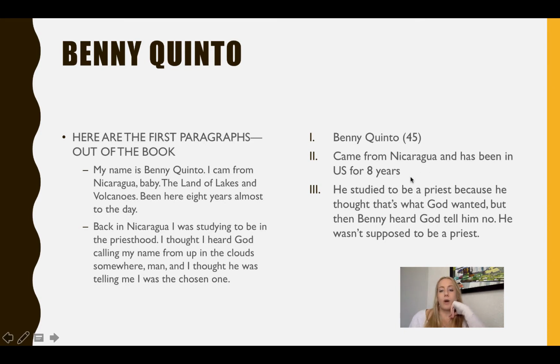Major point from paragraph 1 is that he came from Nicaragua and has been in the US for 8 years. Super important information. It helps us know who he is and also how long he's been here, especially as he interacts with other families that are in the apartments, especially the Riveras who are new, right? Is he a person we can trust who knows the ins and outs of the U.S., and what kind of experience does he bring with him? Certainly where we come from informs who we are. And so again, that's an important part.